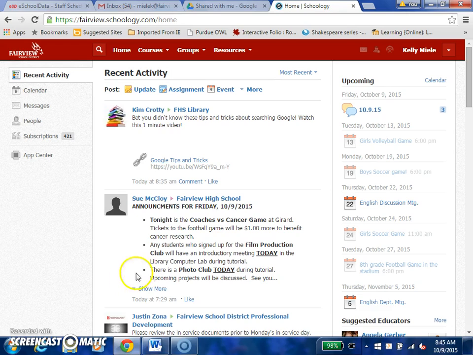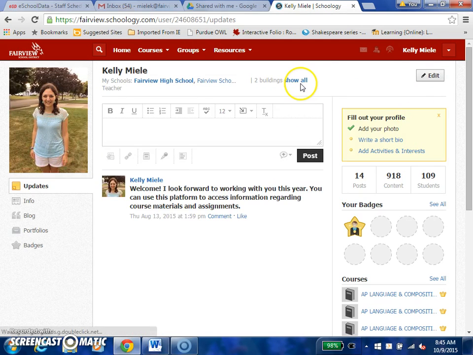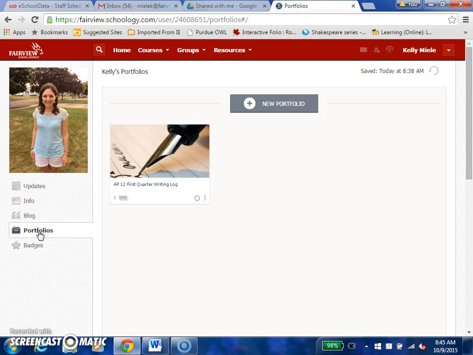So make sure that you're signed into Google first with your email, and then go ahead and sign into Schoology from there. Once you are in Schoology, you'll want to just click on your name. There's a couple simple steps for you. Once you click on your name, you will see off on the left-hand side for your individual profile that there are some options. You're going to click the option that says Portfolio. You're the only one who can see that right now.